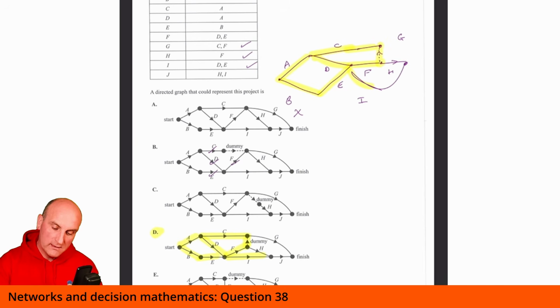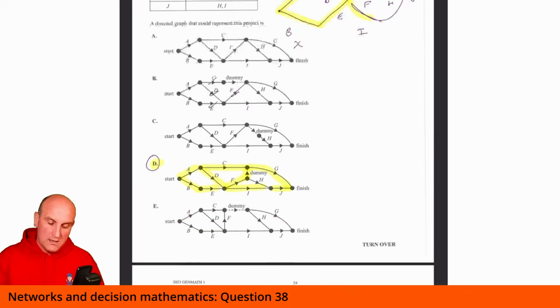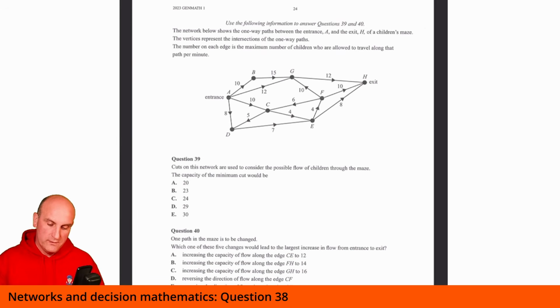So that's actually J there. Oops. Sorry, guys. Bear with me. That's got to be J. Okay, so let's go back to that one. There's a G going in and there's a J. So there's my G and there's my J. All right, so I am 98% sure that D is going to be my correct answer there. If you disagree, by all means, let me know. Fingers crossed I'm on the right track here.